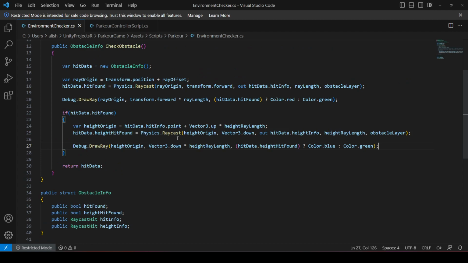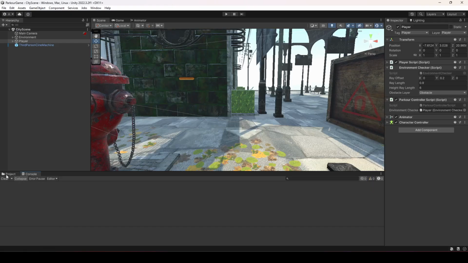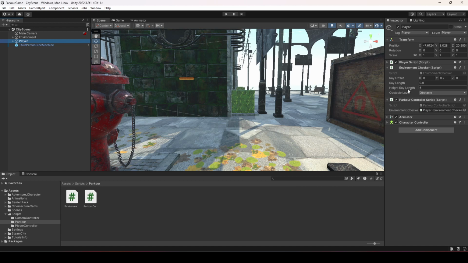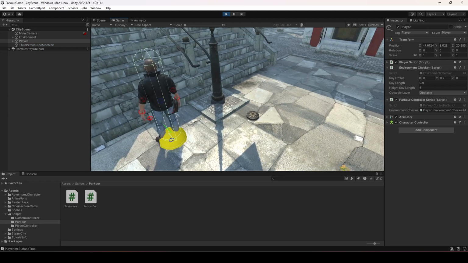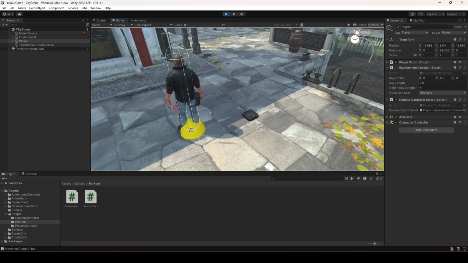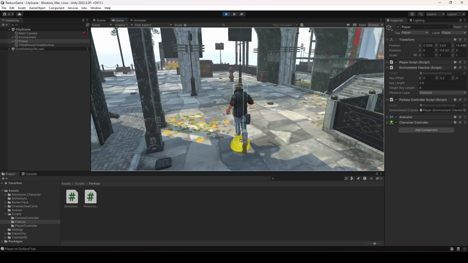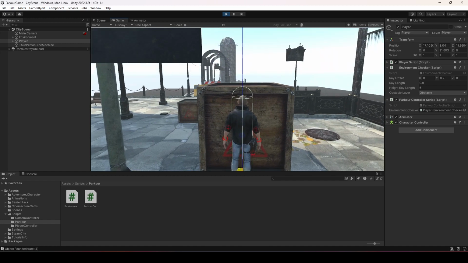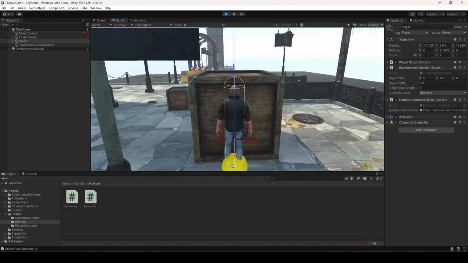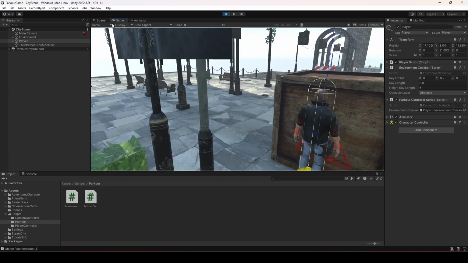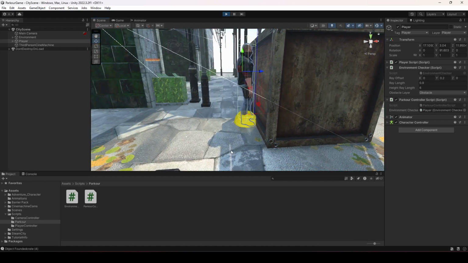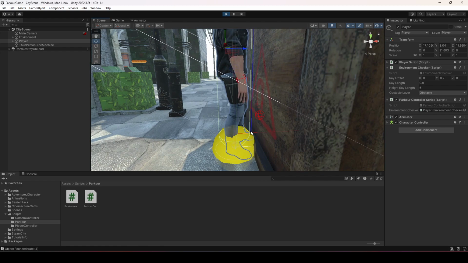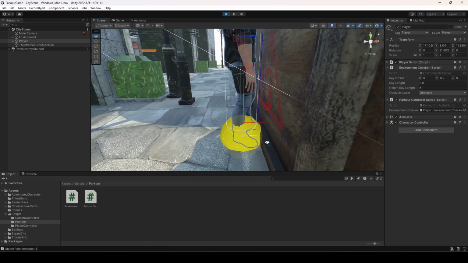Now we can simply save our code and get back to Unity. If we click on the player, we have the height ray length right there. So let's actually play the game, because we will see our height ray right here now. As you can see, for now we just have the obstacle detection ray. So now if this obstacle detection ray detects any obstacle, as you can see when we detect, we now have a blue ray in the upward direction from where the obstacle detection ray hits. As you can see, from this hit point in the upward direction we now have a height ray,